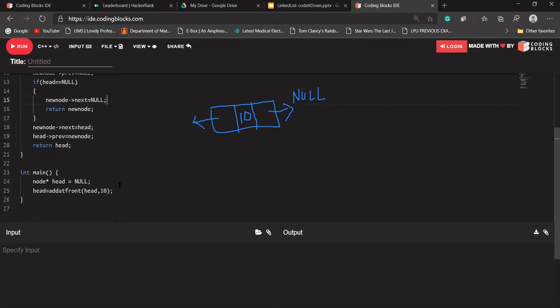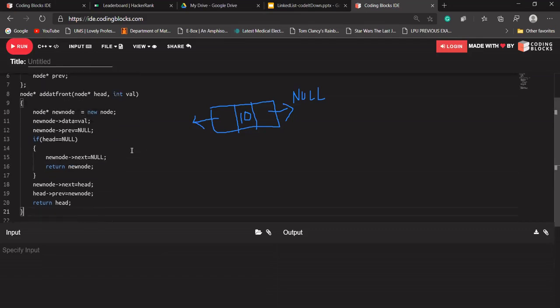Suppose I'm again calling this function, and this time I'm saying head is equal to add at front. Let's again pass head through it, and this time add 20 to it. This function will be called, a new node will be created and some memory will be allocated to it.